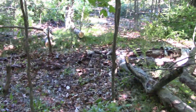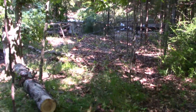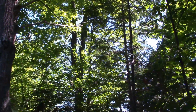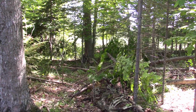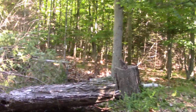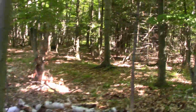We had to open this a little bit. We had a lot of debris on the ground. Cut some logs out of the way. And right here, I opened it up so that's a clear shot right to that tree at 15 yards. And halfway between here and the tree is another trail that the deer can walk through. So he's got two choices. And if he does not have an opportunity in that shooting lane, then as the deer comes around all this debris that's steering him in front of the stand for another shot,